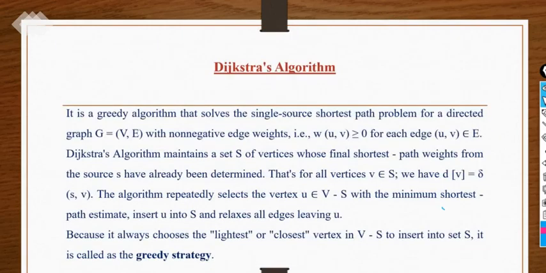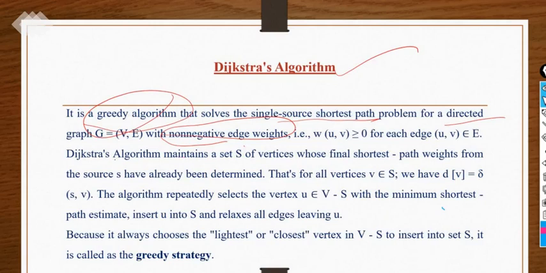So the next thing is the Dijkstra algorithm. Now what about Dijkstra? Dijkstra is also a greedy approach algorithm that is used to solve the single source shortest path problem for a directed graph. With non-negative edge weights only, it's possible to apply the Dijkstra algorithm. A key point here: you cannot apply the Dijkstra algorithm on negative edge weights. It's a drawback of the Dijkstra algorithm, right? But for all non-negative edge weights, you can find the single source shortest path by applying Dijkstra's algorithm, right?